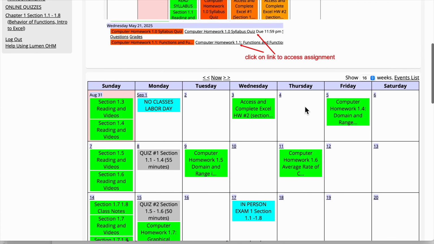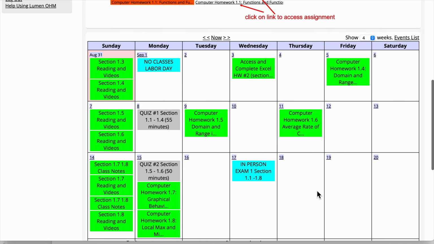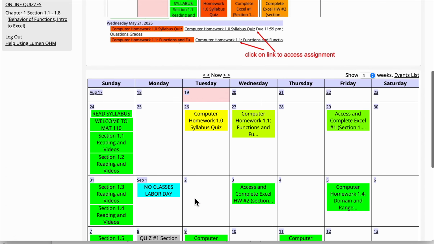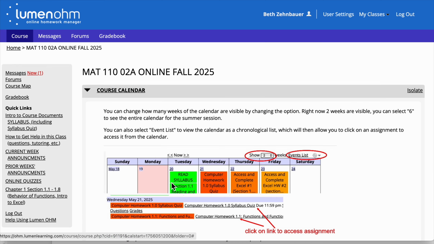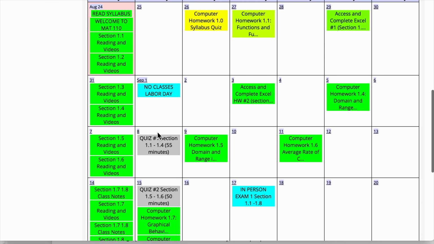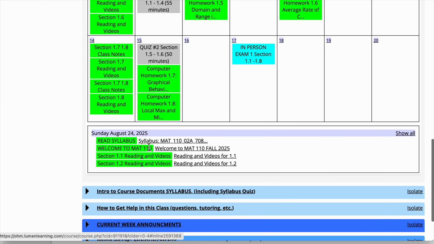And you can also change here, although sometimes it actually freezes a little bit. You can click now and it'll take you to today's date. Okay, so just experiment with this. And if you look down below here, you'll see that whatever day you've clicked on, it's going to show you down below where you can access with these live links